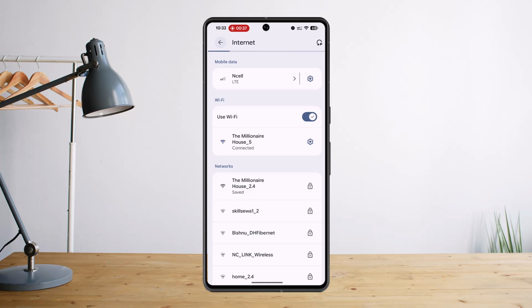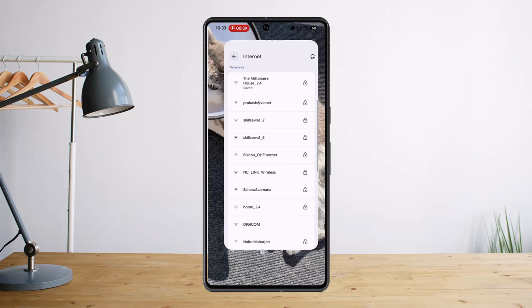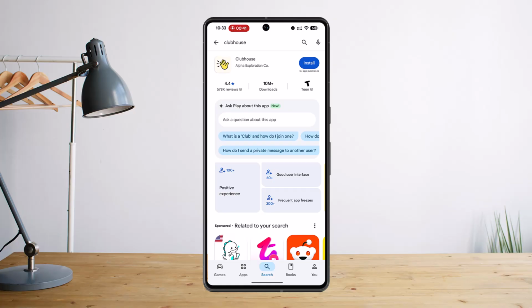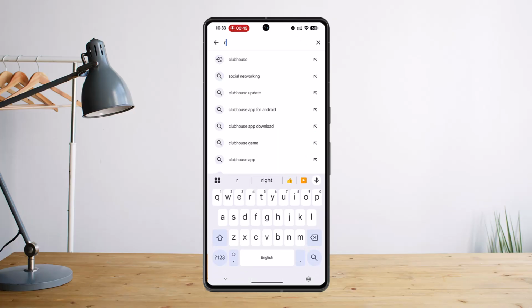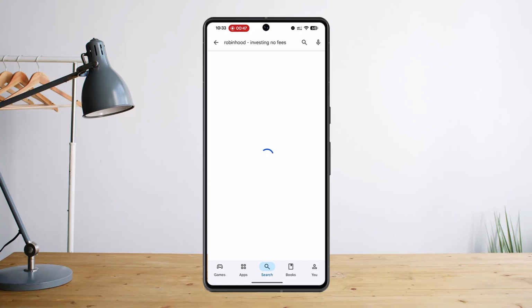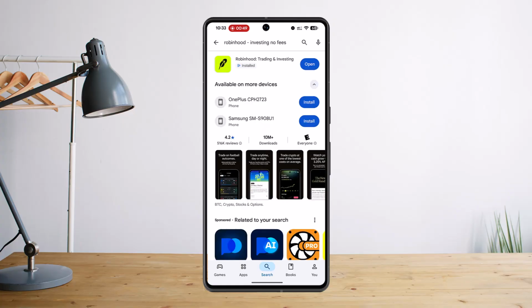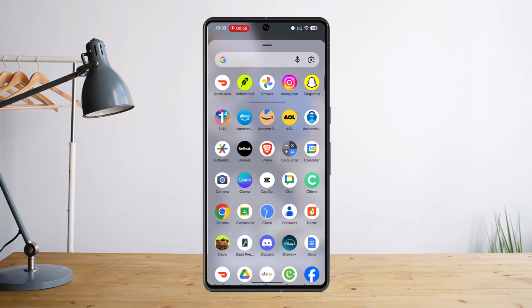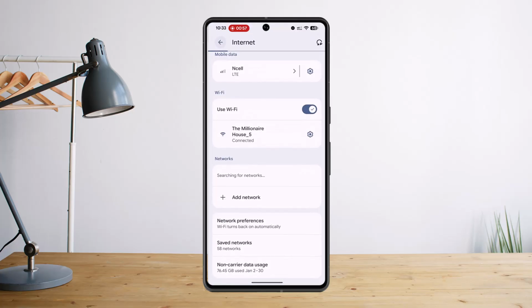Other than that, you could also go ahead and check for an update. Sometimes it could be due to the outdated version. Open up your app store, type in Robinhood, and make sure to update the app to the latest version as well. Despite all these, if the issue still persists, you want to go to settings once again, go